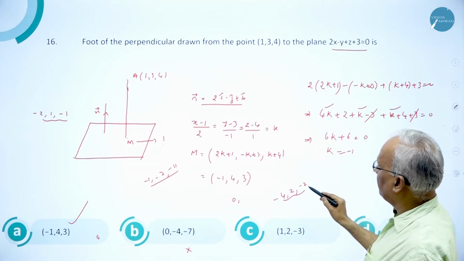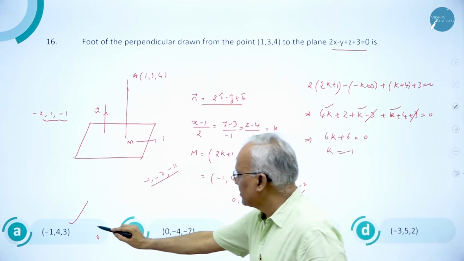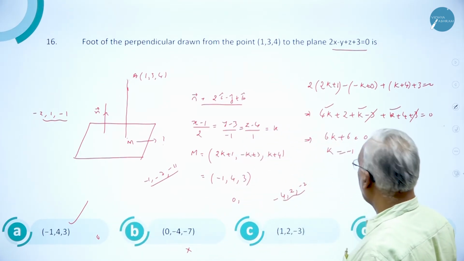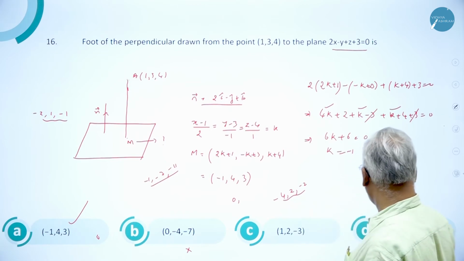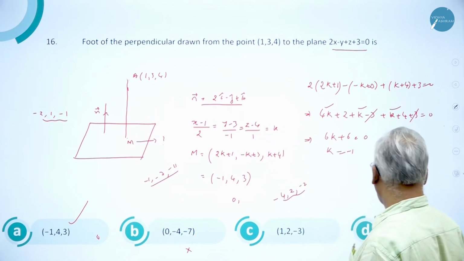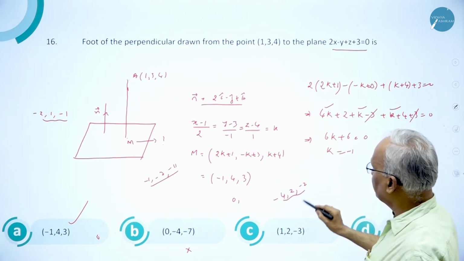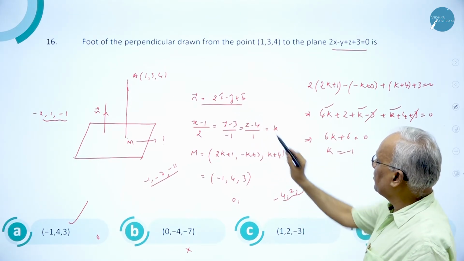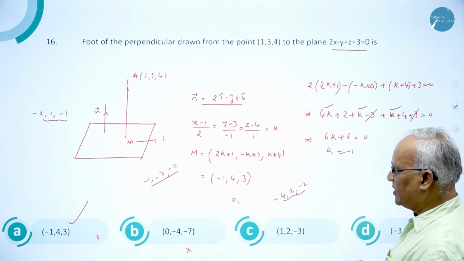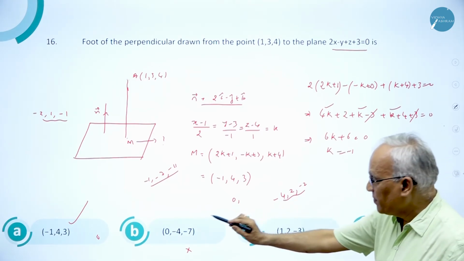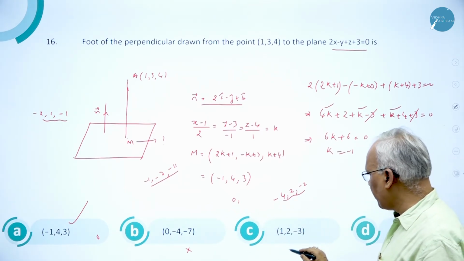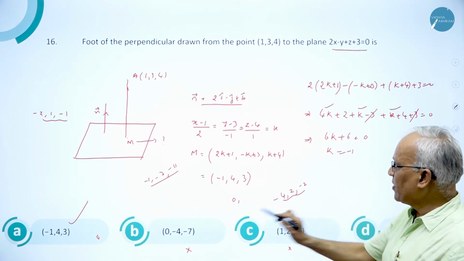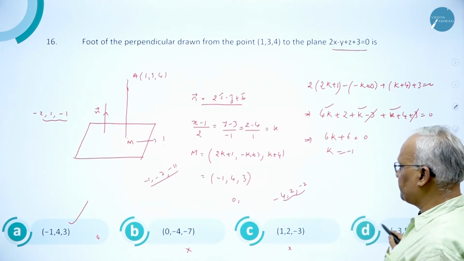So this, either this or join of this with this. Minus 3 minus 1 is minus 4. 5 minus 3 is 2. And 2 minus 4 is minus 2. This is also multiple of this. Minus 2 times that is this. So it is one of these, either this or that. Now it is a choice between A and D. This is not possible, this is not possible, you have seen. Now you select one of these two.